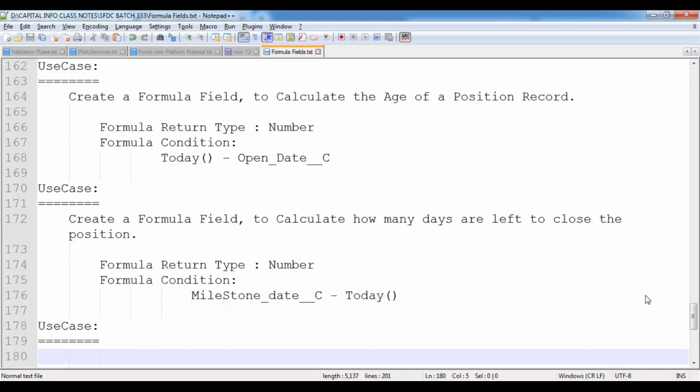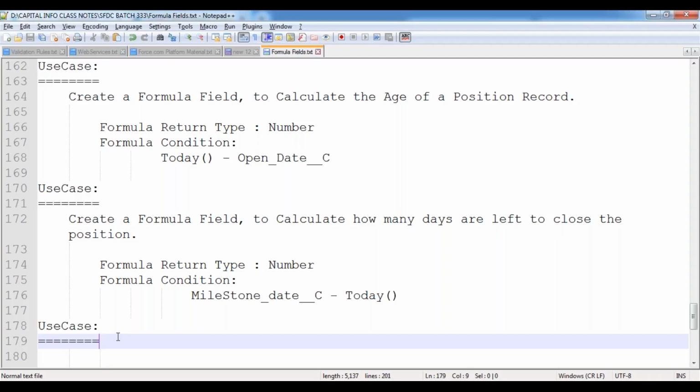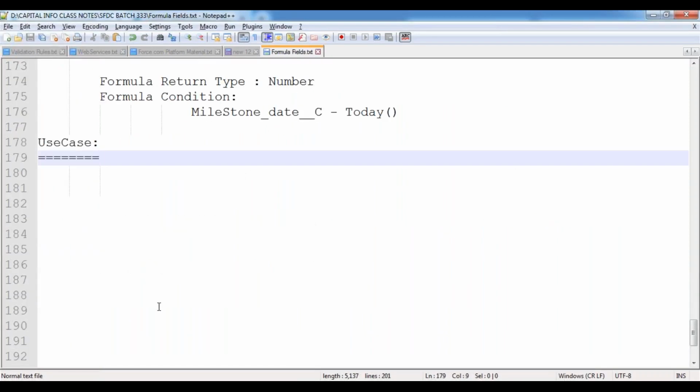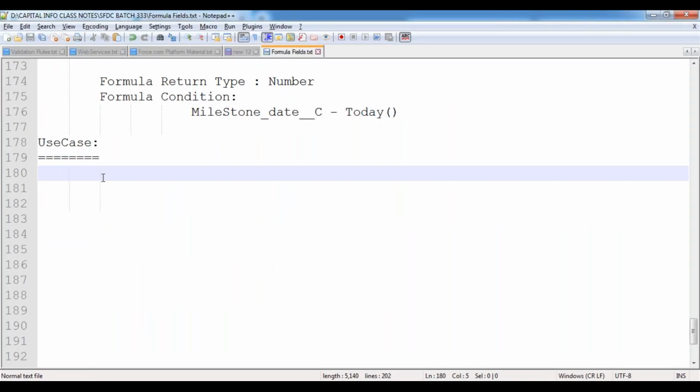Now let's see one more small use case. Let's come to a general scenario. One more situation, let me explain.